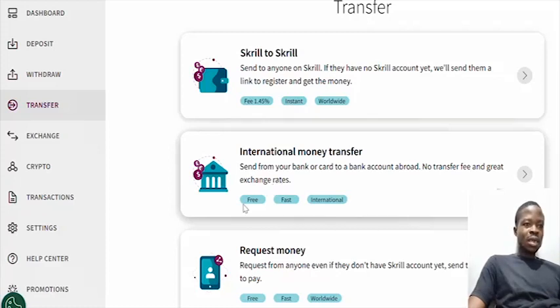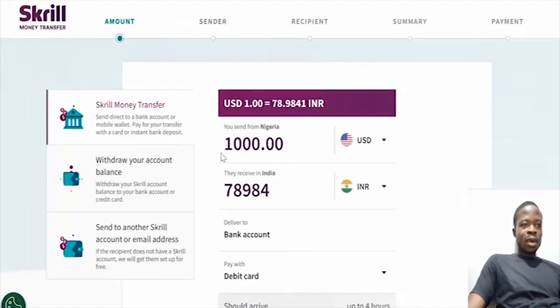Then you click on this. You can see the transaction fee is free. But then when your money lands in Payoneer, Payoneer collects a fraction, which is negligible. So just click on international money transfer. Once you click on that, then the details that I checked